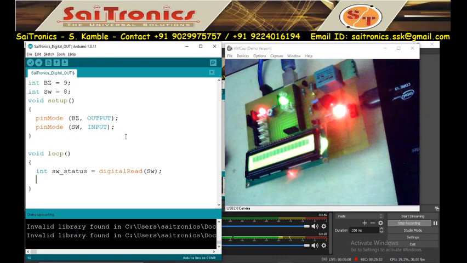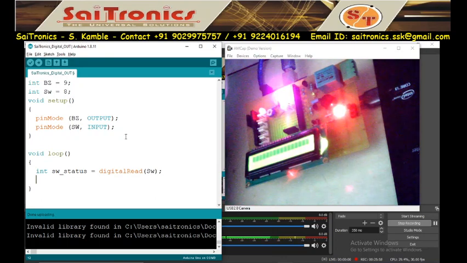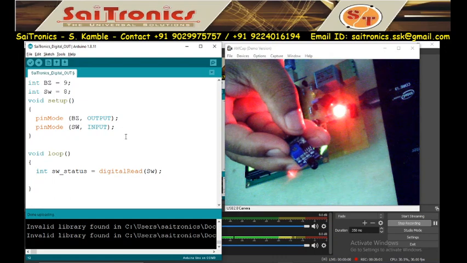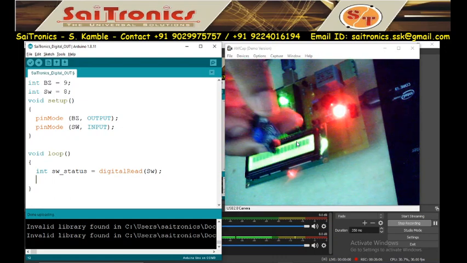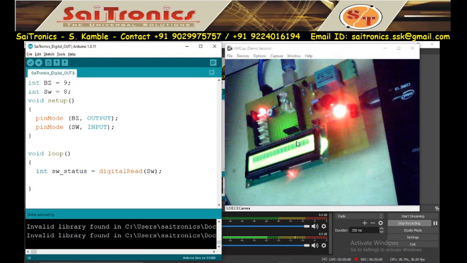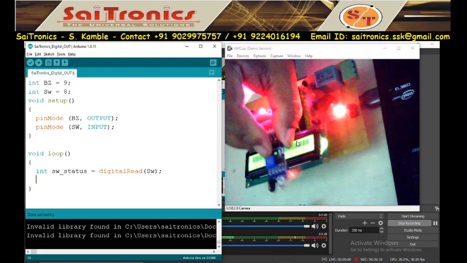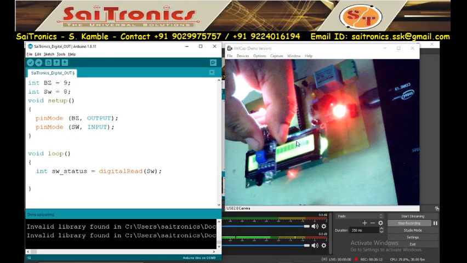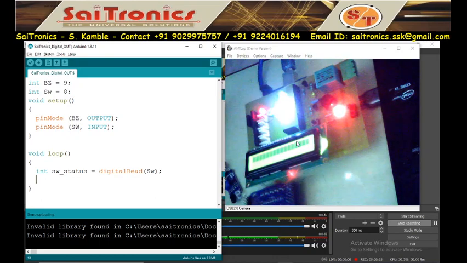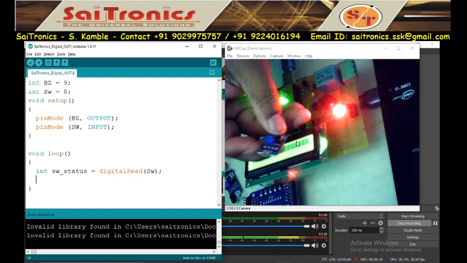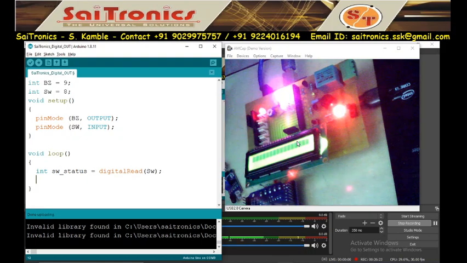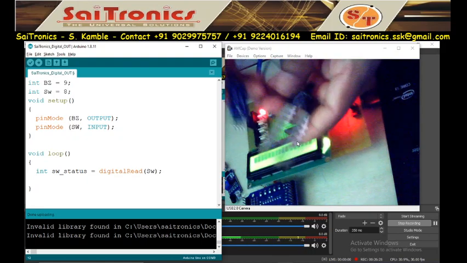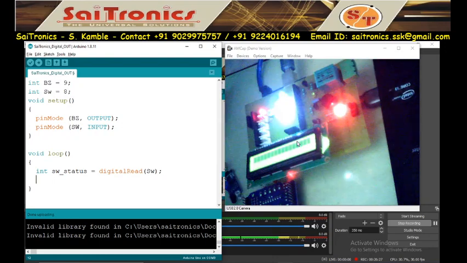Now I will check that status, whether it is high or low. By default all sensors have output low. For example, this is my fire sensor, whose output is low on detection of fire. Then this is my IR sensor. In the IR sensor, when there is an obstacle, my output is low. This is my LDR sensor. In the LDR sensor also, if light is detected, then output is low. Then this is your moisture sensor. When moisture is detected, its output is low. So by default output is low.